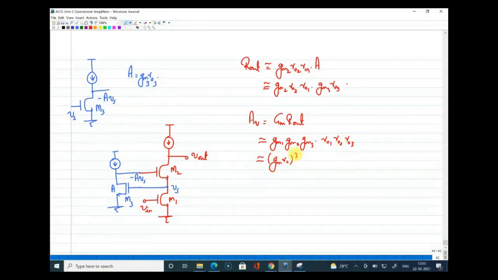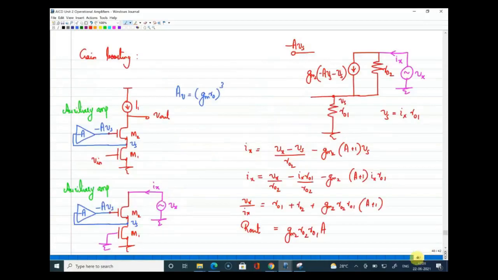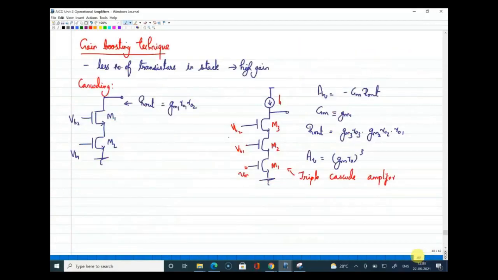All right. So what is the takeaway here? In the ideal case, we obtain the gain as Gm into R0 the whole cube by applying gain boosting. But before applying gain boosting, for a triple cascode also you will get the same gain, Gm R0 the whole cube. Now what is the difference between these two? If you look at these circuits carefully, in a triple cascode amplifier there are 3 transistors added in stack. So that will directly affect the voltage headroom available. But in the case of